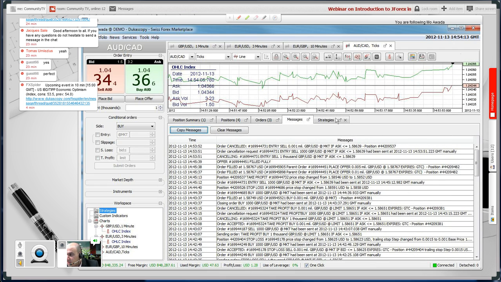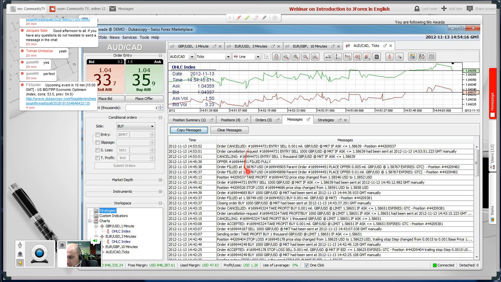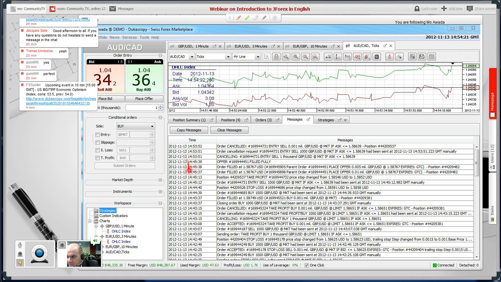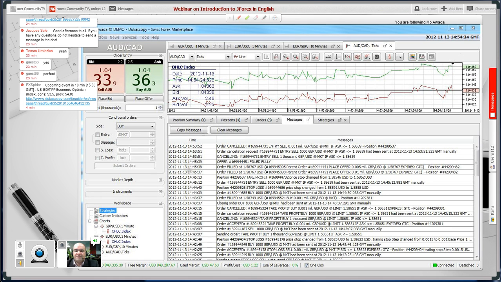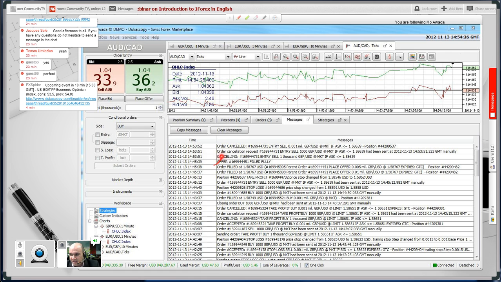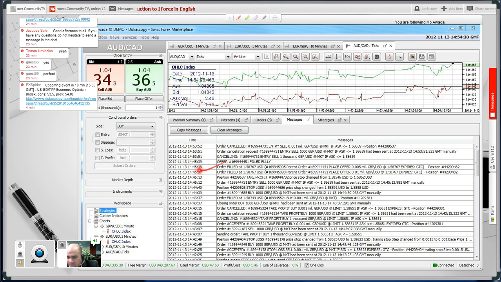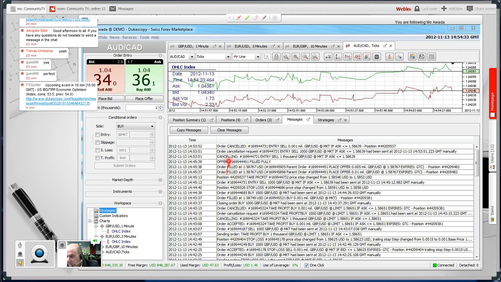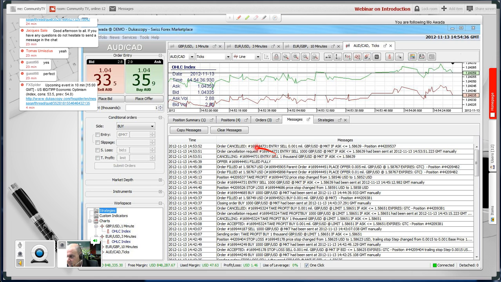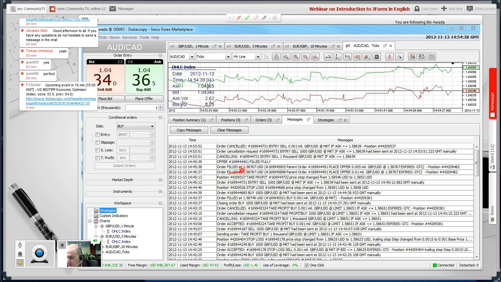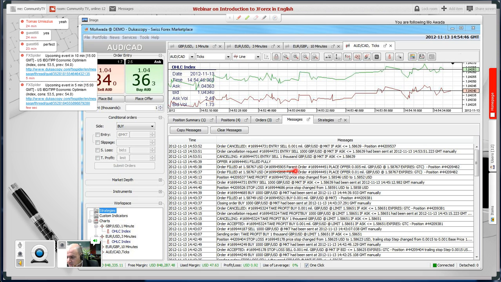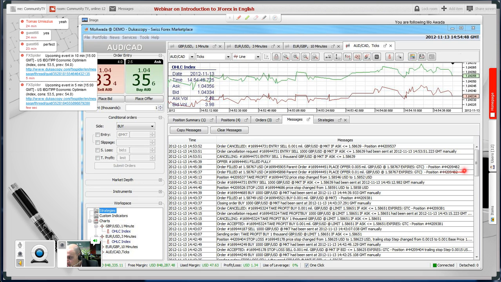We'll go here. I'll show you with the highlighter pen. So as you can see here, will be listed the time and the date of every move, basically, should we say, that you make on the platform. So any orders that you've placed, positions that you've opened, any orders that have been filled, any orders that have been cancelled, everything will show on here. So if you place an order and it's not being filled and you want to know why, probably this is the best place to look and find what's actually happened,